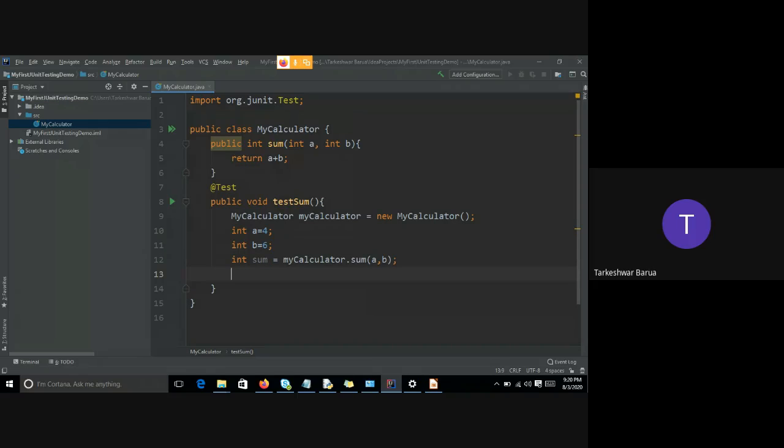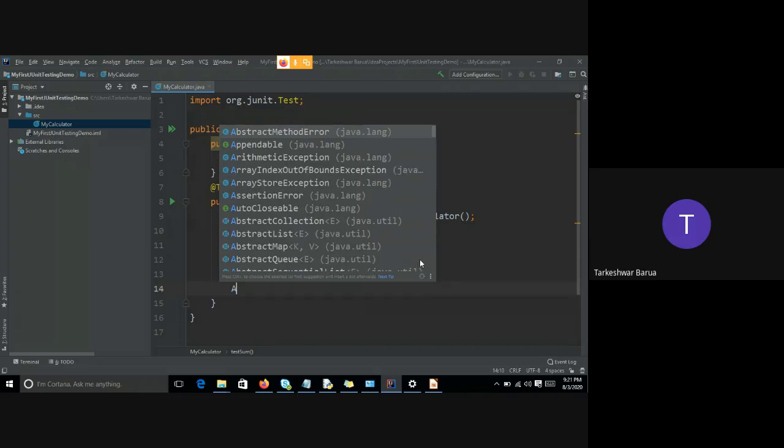So how do I test whether the correct result is coming or not? I'm expecting the output: 6 plus 4 makes 10. So the expected output is 10. How do I write the assertion, how do I test our code?